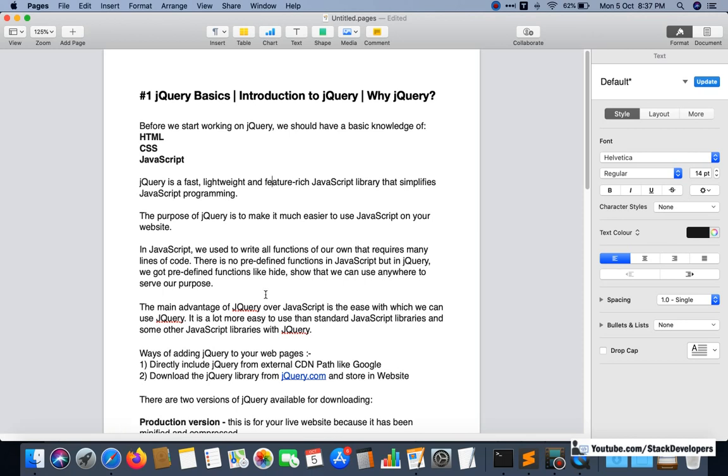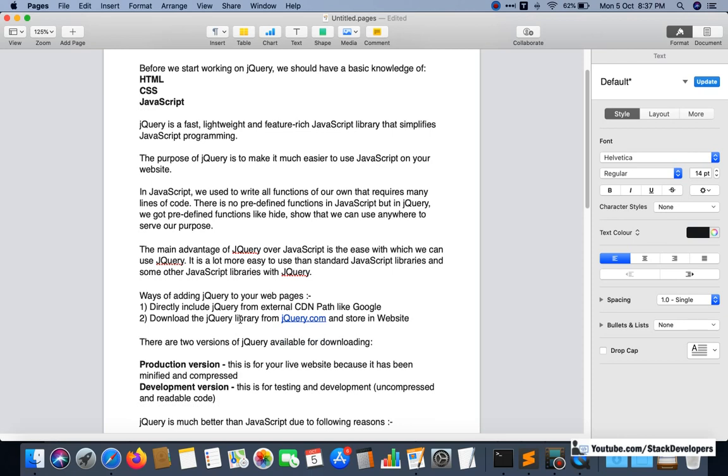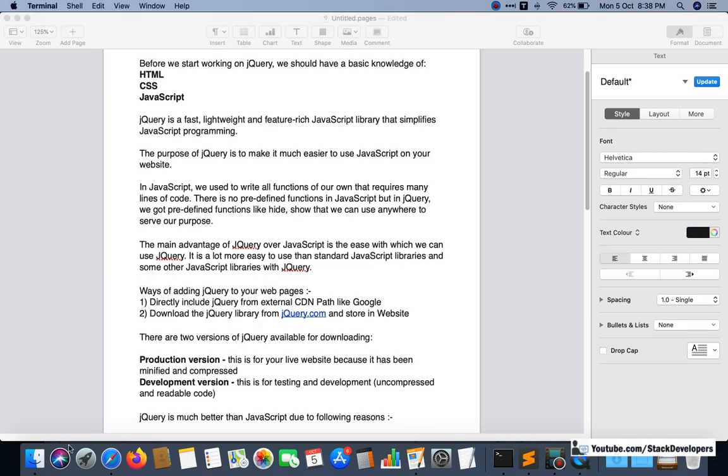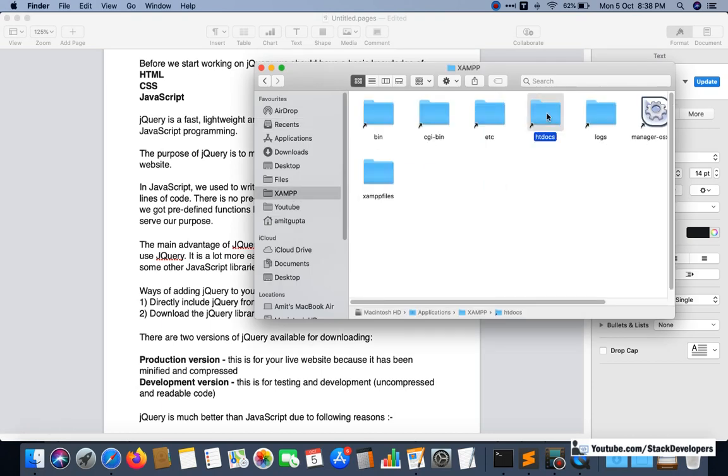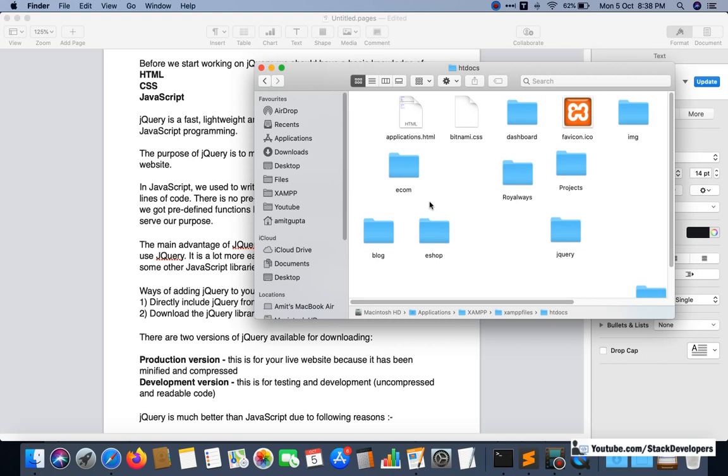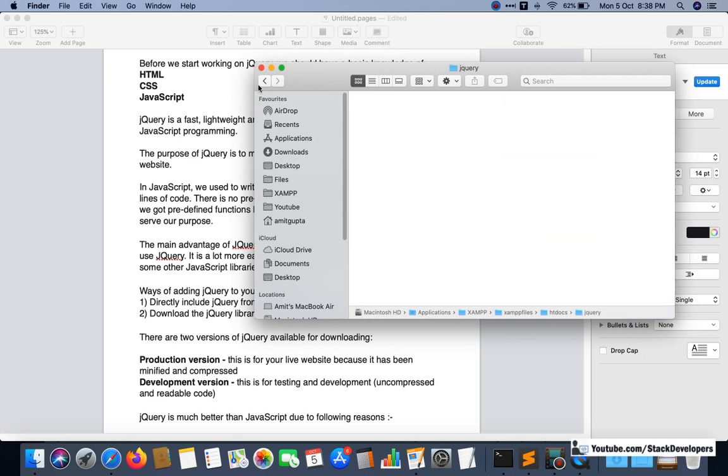There are two ways of adding jQuery in our files. One is from the external CDN path, and another one is we just require to download the jQuery and store it in our website. I will explain. First of all, I am going to create one file in my XAMPP htdocs, in the jQuery folder.